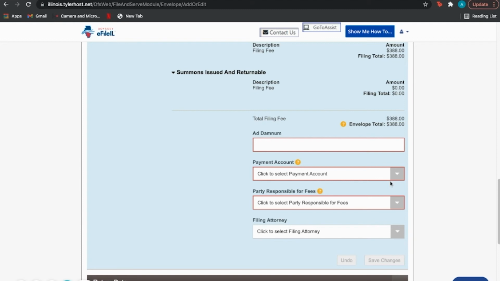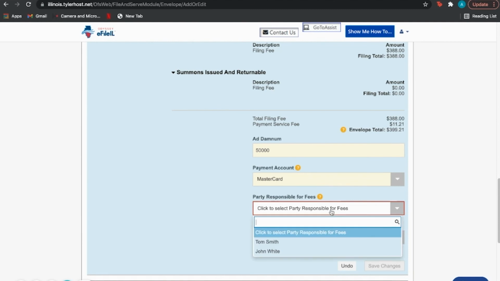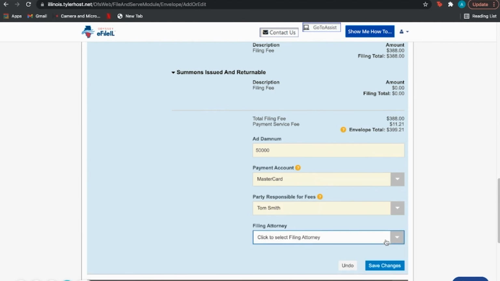Here, if you're paying for it, you'll put in your own credit card information and go through the steps so that it can accept the credit card payment. If you are filing pro se, there are options and petitions that you can file with the court to have the filing fee waived. You'll have to contact the courthouse to get instructions and the application to do so. And you'll follow these instructions to go through the payment method.